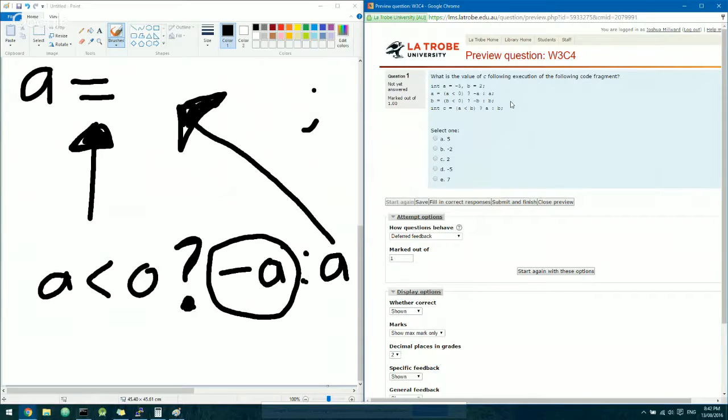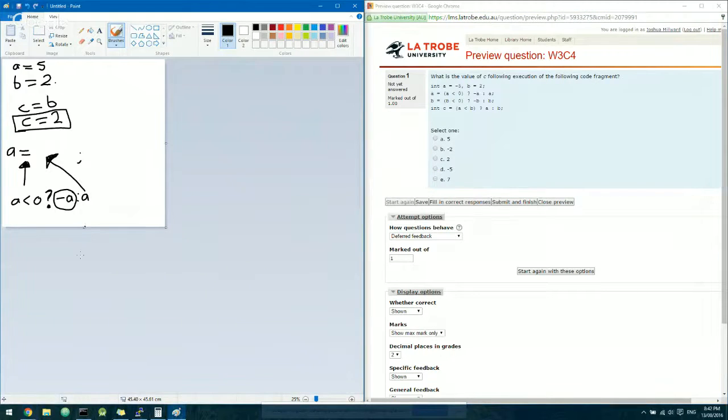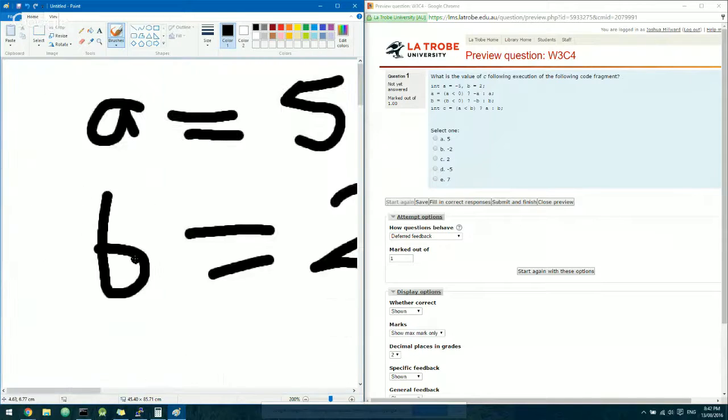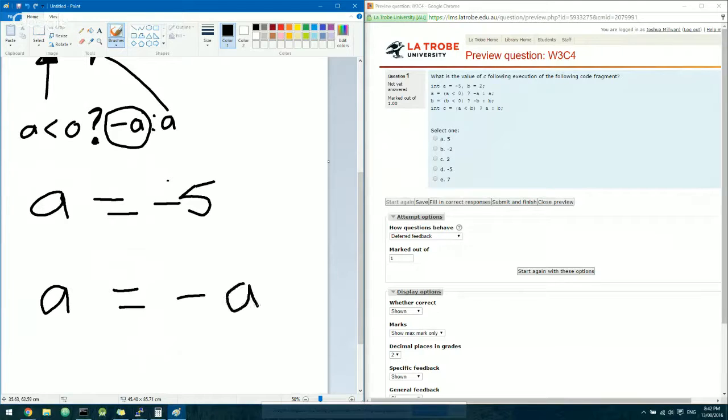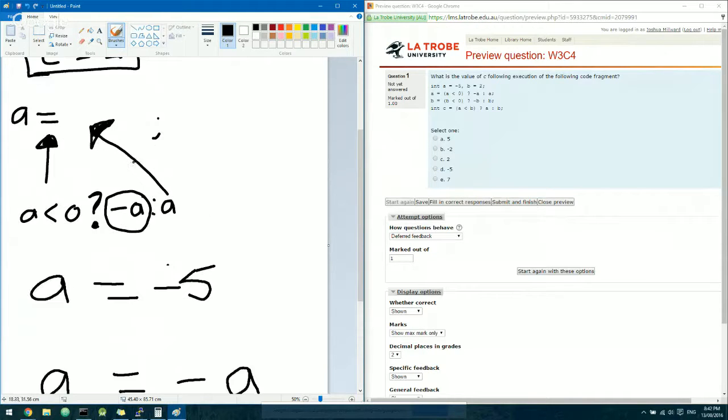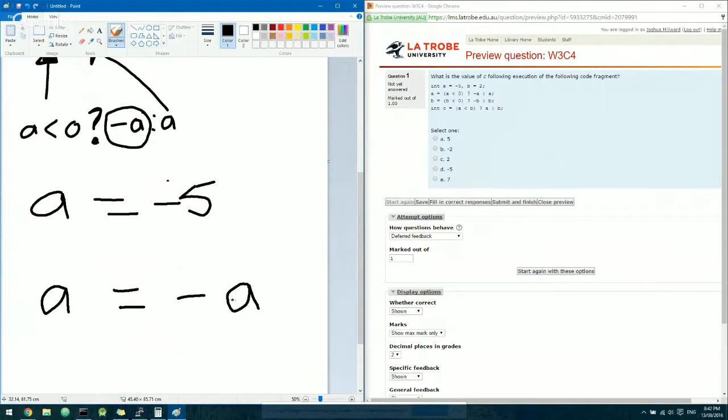So minus A would be 5. Yeah, exactly. So we saw that at the start, A was just equal to negative 5. Then what we said was A is equal to negative A. We found it was negative A from this operation that we went through here. Then all we're doing here is, at the start, A was equal to negative 5. So we grab this negative 5,